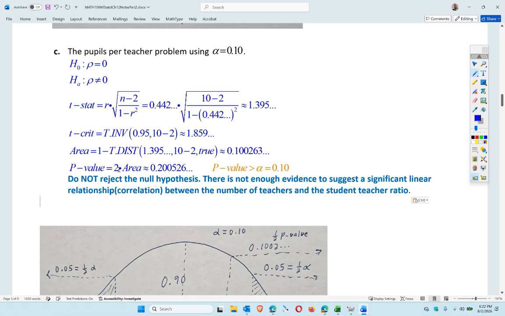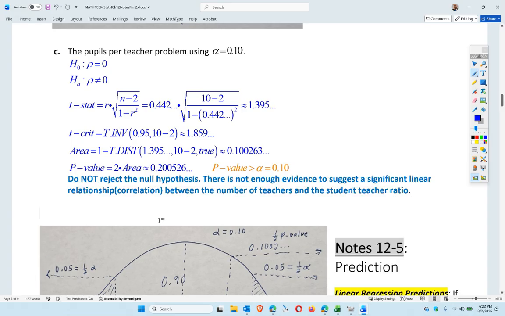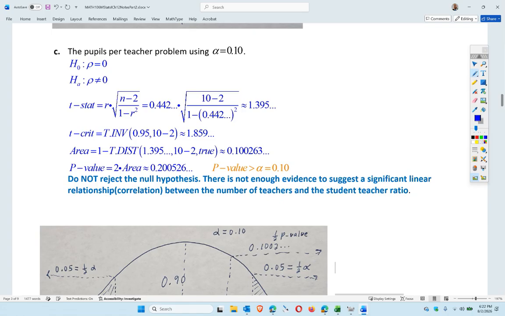So essentially this means that we don't have enough evidence to conclude there's a linear relationship between teachers and student-teacher ratio, essentially. It doesn't mean there's not a relationship, we just didn't prove there was a linear one, okay? And we didn't do any